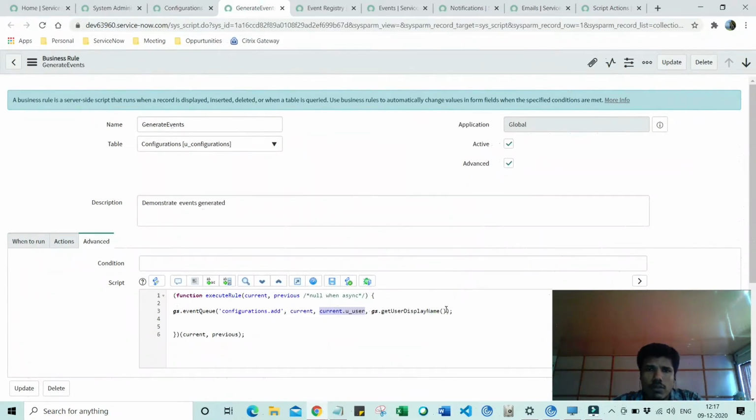And the fourth parameter is user relevant information, which displays the username of the user who is logged in. So it displays the display name of that particular user. Now here, make a note of the third and fourth parameters. The third parameter is fetching the record relevant information. The fourth parameter is fetching the logged in user relevant information. Okay, so which user is logged in and what are his attributes. So it is fetching the display name of the user who is logged in.